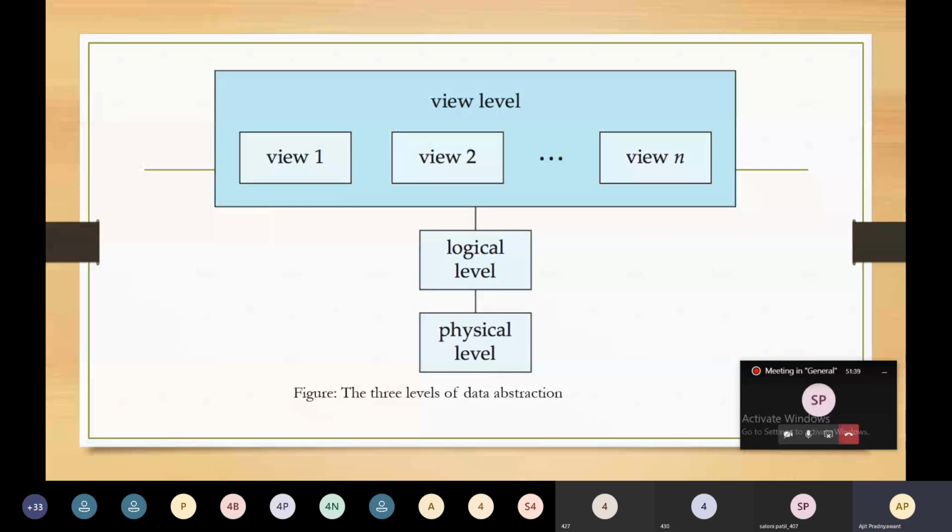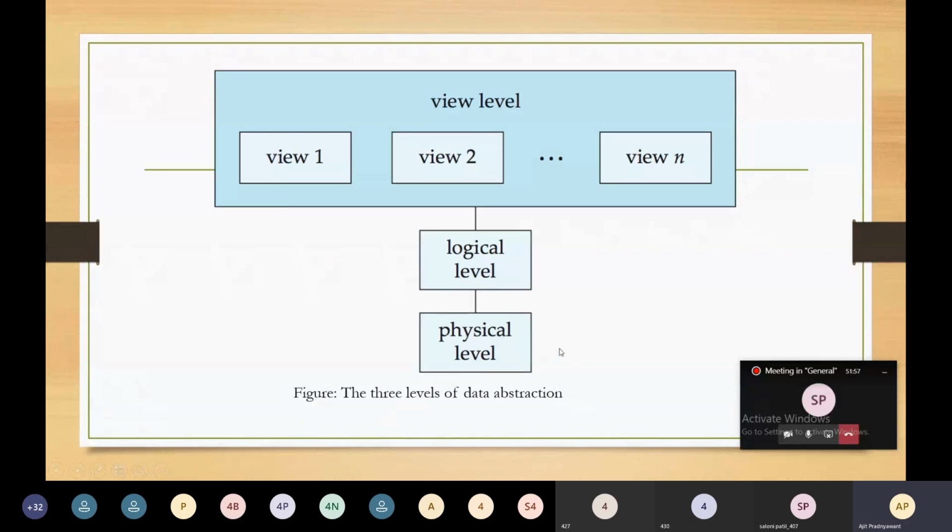So diagrammatically, these are the 3 levels of abstraction. First is view level, next is logical level, and last is physical level. This is your physical level.